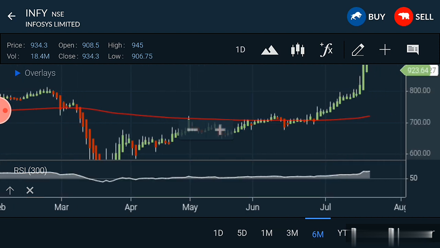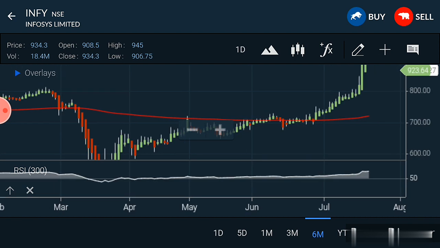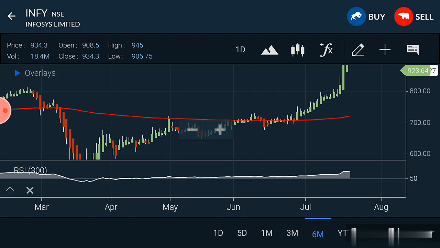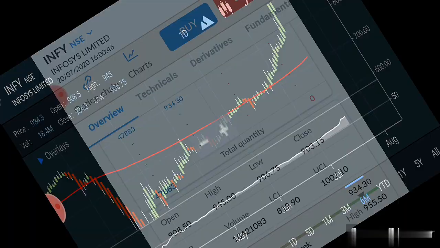And you can see now what the performance of Infosys is. Infosys is almost 200 points up now. Currently the rate is 923, so almost 223 points are up. So within a span of time you can make a good profit. This is one of the easy ways you can use, for a long time or a short time method. If you are going for 1 month or 2 months, you can use this 200 EMA and RSI, and based on that you can select a stock. Okay, let us see some more stocks.